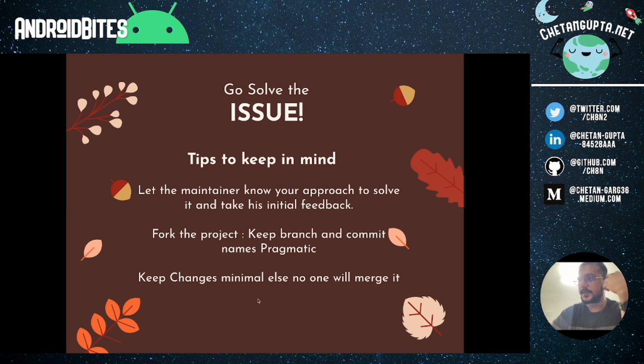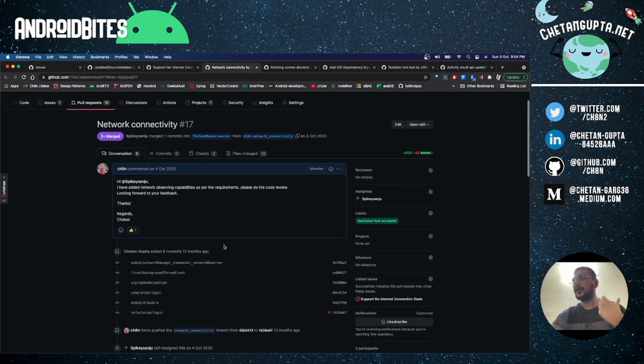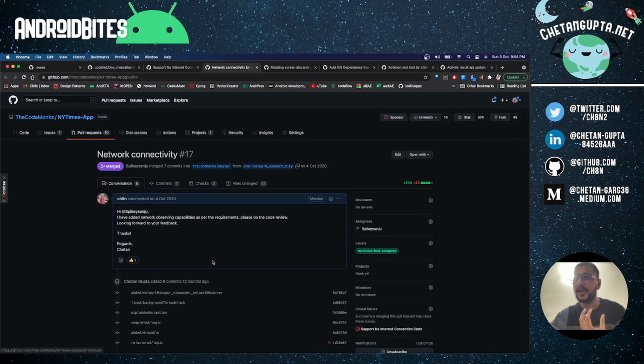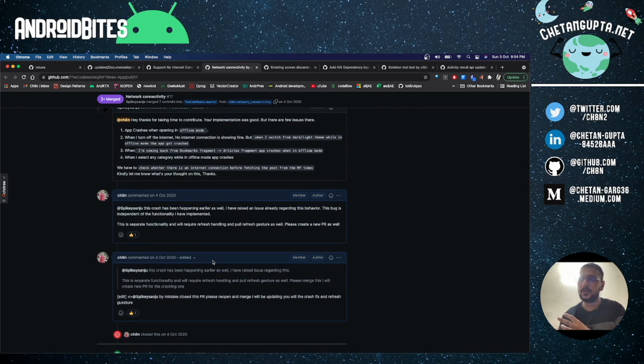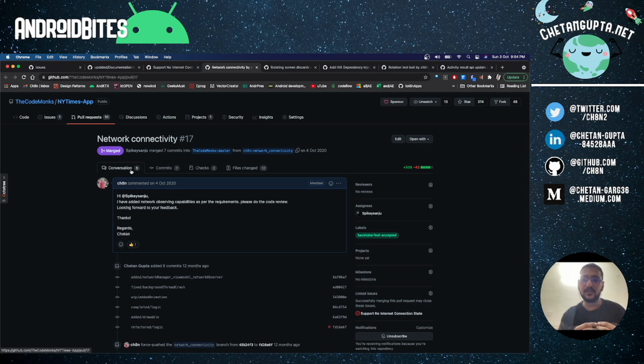And the third thing is to keep the changes minimal, right? For example, even while doing this issue, he also asked me to do two different issues in that. The ticket he opened was for a different issue, and what happened after the pull request was an issue I remember clearly regarding PTR, pull to refresh.